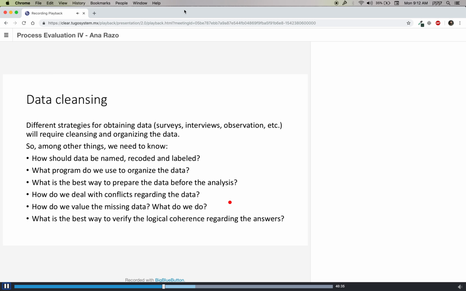Another thing has to do with how do we value the missing data? What do we do? For instance, if we conduct a survey and if we decide that some of the instruments that we're going to use in process evaluation will have to do with a survey, then we need to know how we're going to do this. For instance, if you are going to conduct an online survey, you're going to use SurveyMonkey and you're going to make the survey. So if you use a tool such as SurveyMonkey, you need to decide if the participant is going to be able to leave blank fields or not. And if you make this decision,